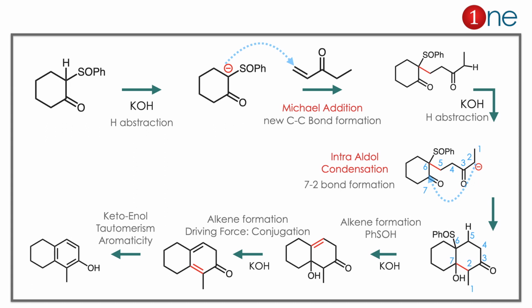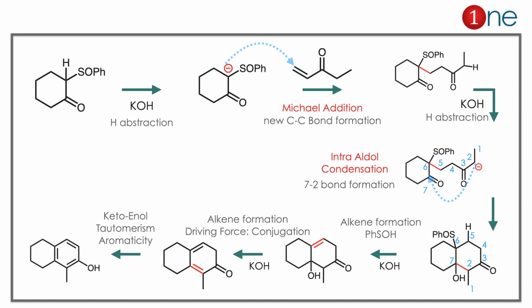So a new side chain is attached to the system. Then again you have acidic hydrogen, and proton abstraction will be there. So an anion is there. Then you have many functional groups in the system, so definitely the anion tries to condense and form the cyclized ring system. So a cycle will be formed there. A new 6-member ring is formed, a new C-C bond is formed and you have OH also there.